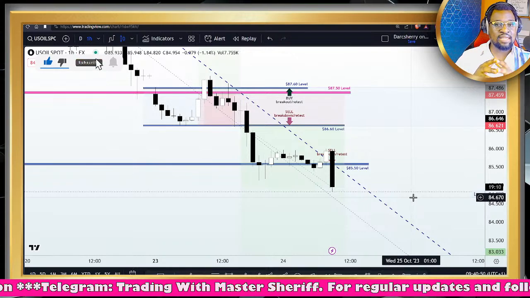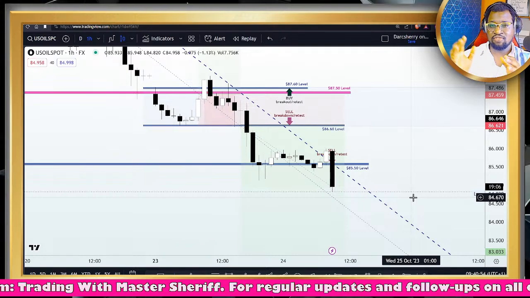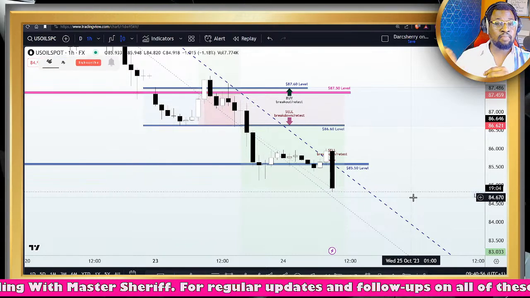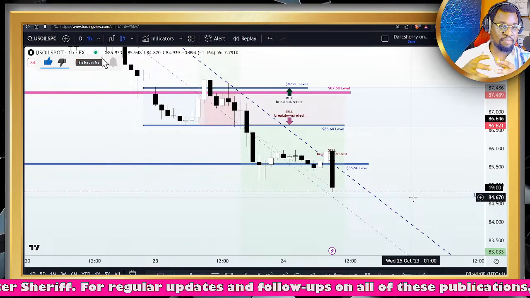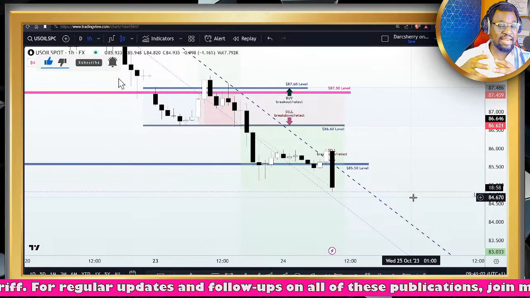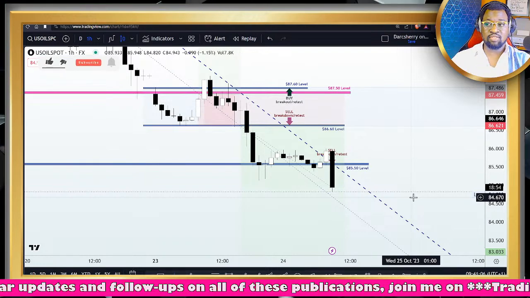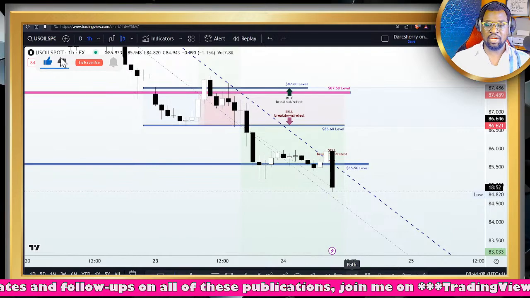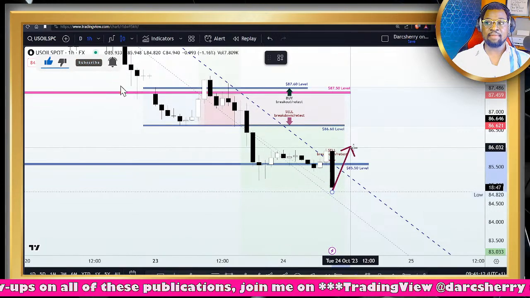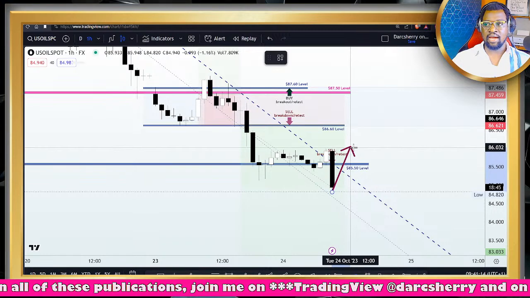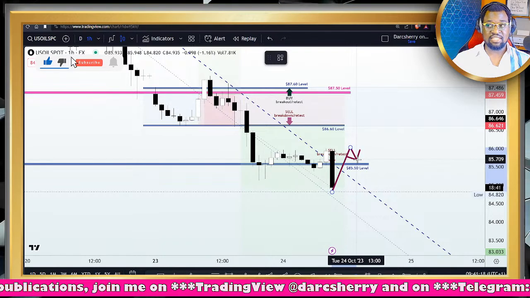We will need price action to breach that descending trend line, break out of that descending trend line, and at that point, that will give us a sign that the trend line may no longer be able to negate the bullish attempt. Of course, that will be the first time price will be breaking out of that descending trend line. So for me to consider buying here, I would like to see price climb, break out of the descending trend line, and then do a retest of structure, because a confirmation is needed here.